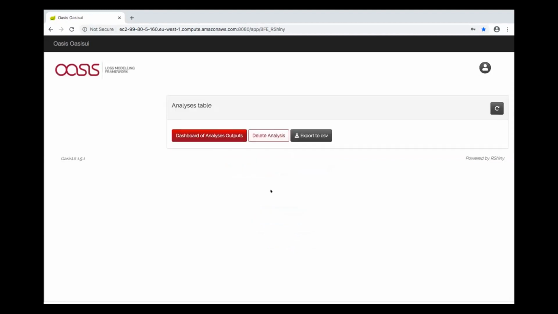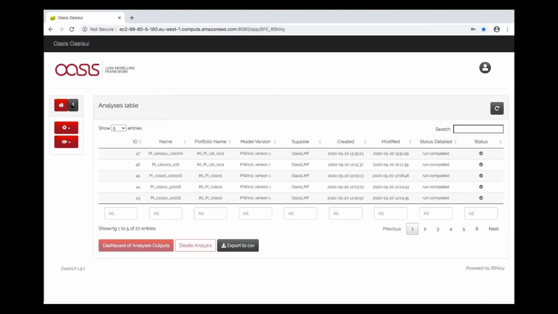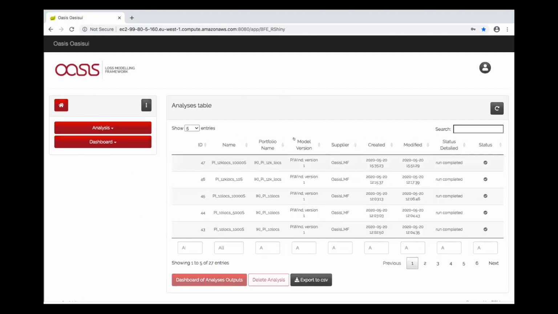I'm just going to log into the UI now. And hopefully you can all see this. This is the home screen for the Oasis user interface. So just a few details here. These are all pre-analyses that we've run previously. If you want to go back and look at your work in your analyses, and some nodes here. So this collapses things, and we have a few tabs here. So if I just go ahead and start,